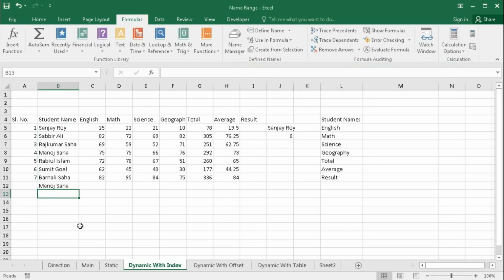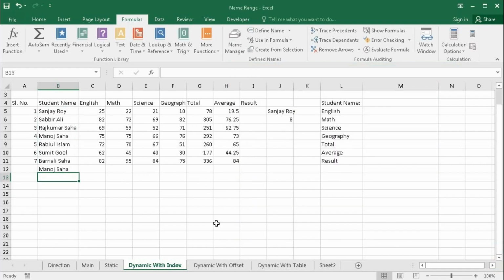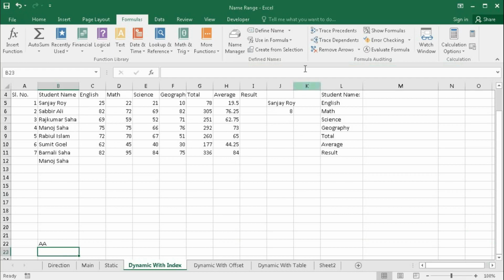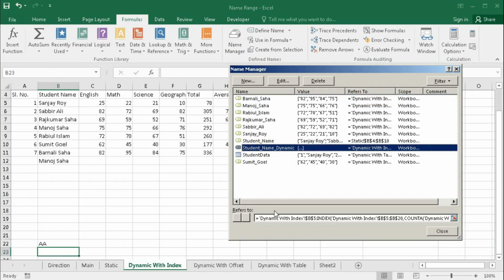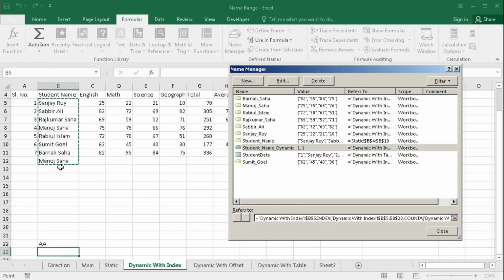But if we type outside our row number 20, suppose I type AA, then if you go to name range and select this one and click on this, we got this up to this, because our reference is up to 20, so it will not count this one.